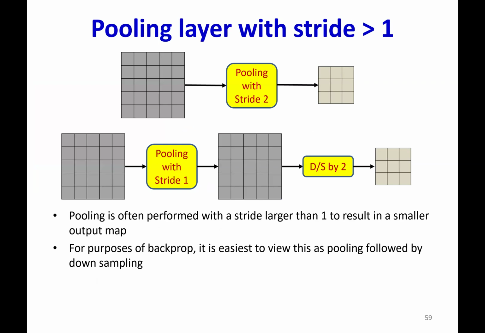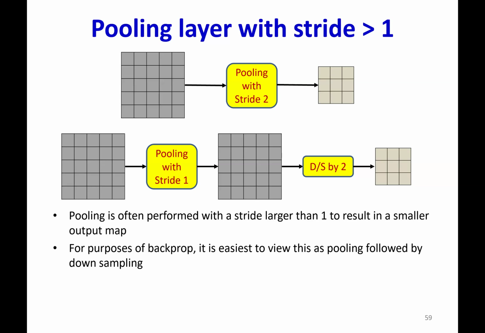But then, if you want to perform backpropagation, especially if you're performing mean pooling, with max pooling, it's not so hard because you just copy the derivatives into a single location. But with mean pooling, it becomes ugly because this effectively is convolution with a stride, right? So in this case, you can